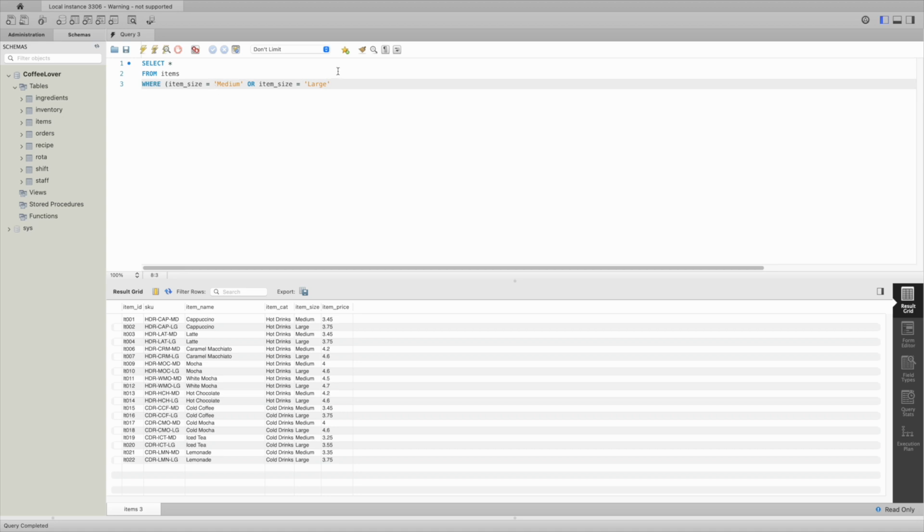We can further extend the statement. We will now apply another filter on the price column. We need to enclose the current rule in the where statement within parentheses. This effectively closes the first filter, and then we add an additional filter. We want to see the rows where the item price is greater than 3.45. As a result, we will still see items with size medium or large, and the item price is greater than